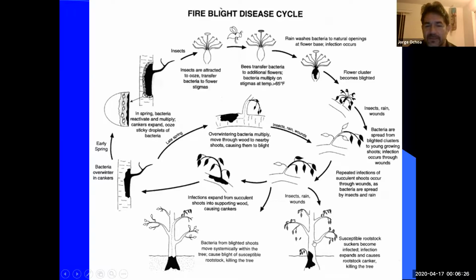Or if it happens to go into the main stem, it could kill the main stem, and eventually it may kill the entire tree. So every single pear that is out in the city is already affected with it, and you will see it. Next time you happen to be out and about in the city, just look around at the different types of pears and you'll see it. The evergreen pear is the most susceptible. The Bradford pear is a little bit more resistant, but you'll still get it. So here is a bacteria that happens to be a serious problem. And here's the life cycle.